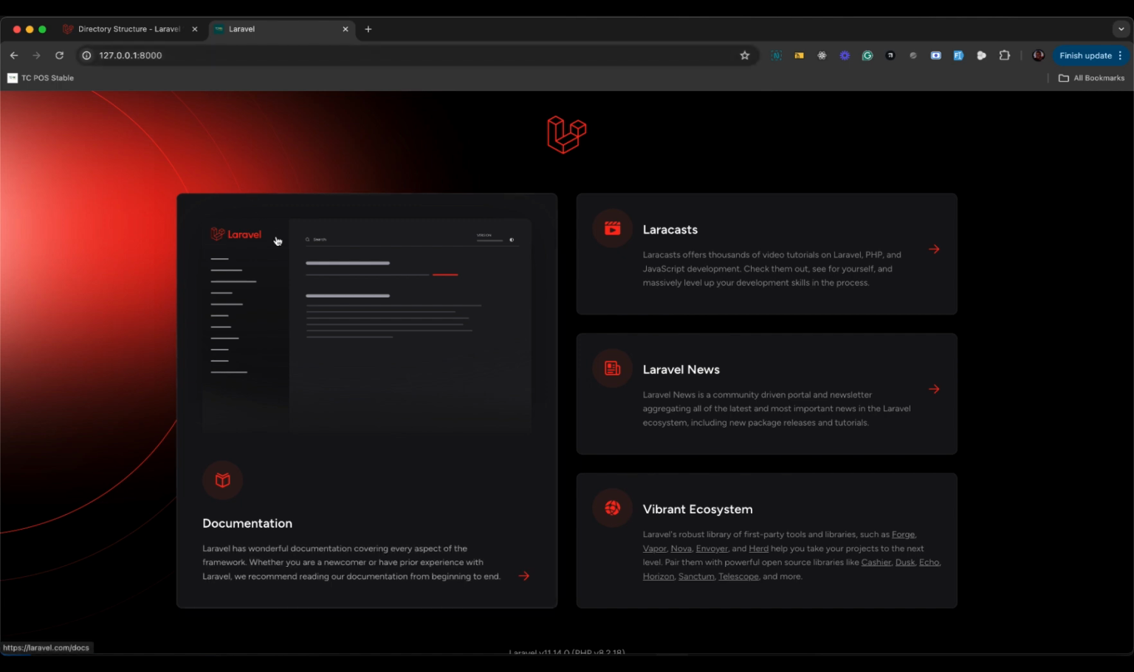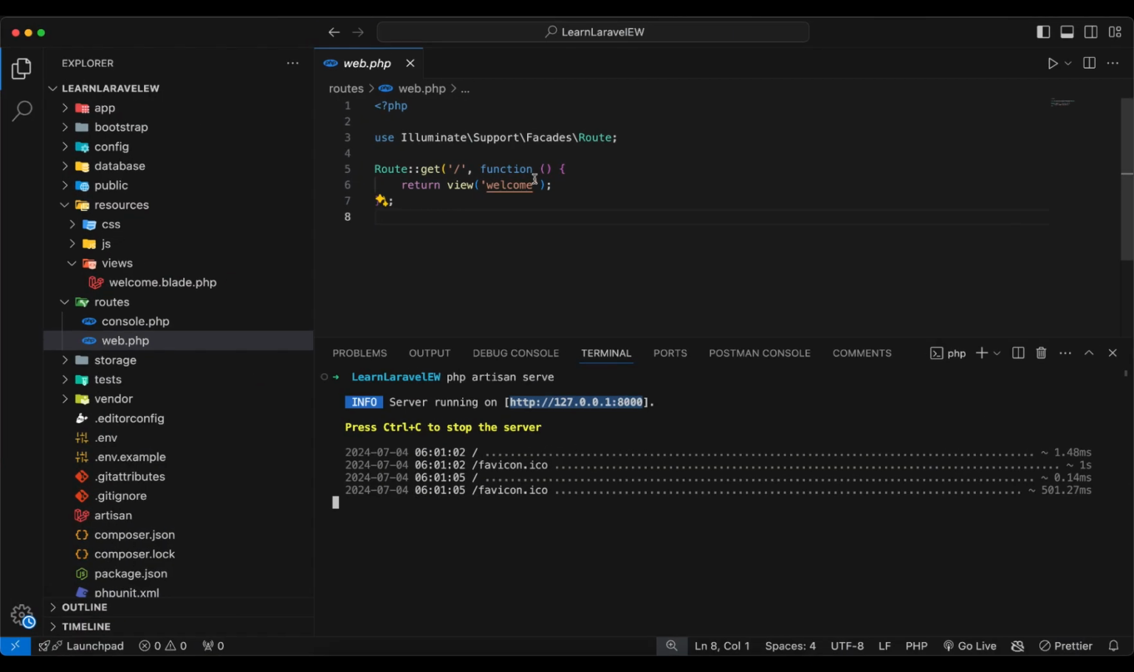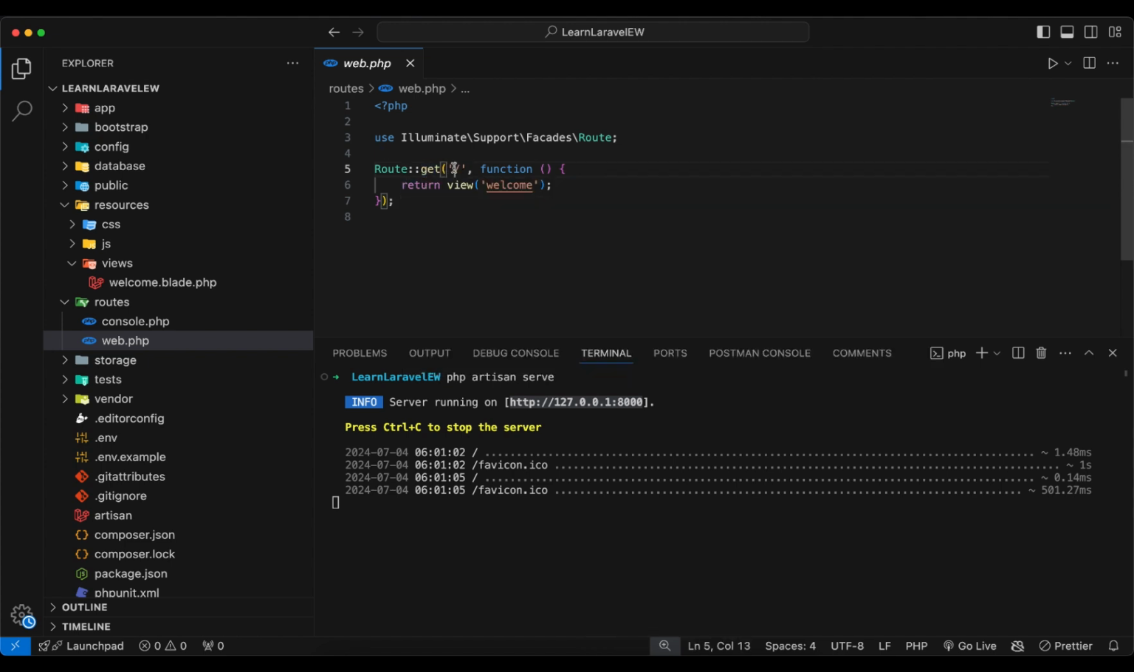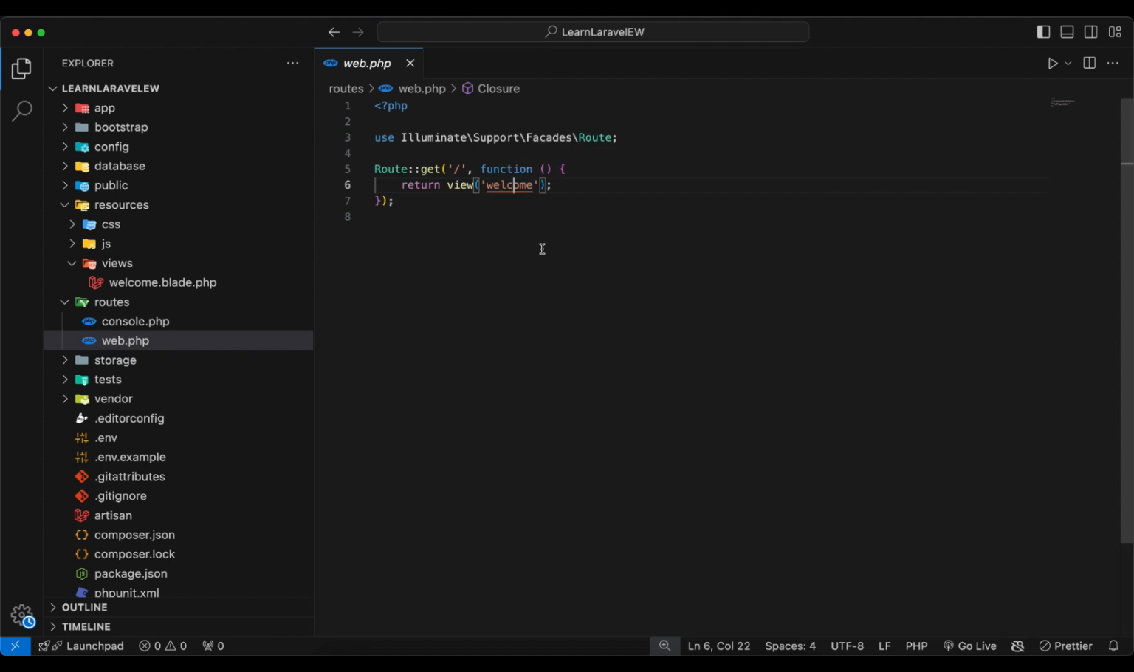Now you may be asking yourself, how do I know where to start changing stuff? The first thing I would like you to look at is the routes folder. When you hit the URI slash, because 127.0.0.1 has an invisible slash, you're saying that when I take the get request and go to this URI, I want to serve the view called welcome. So this view called welcome is found inside